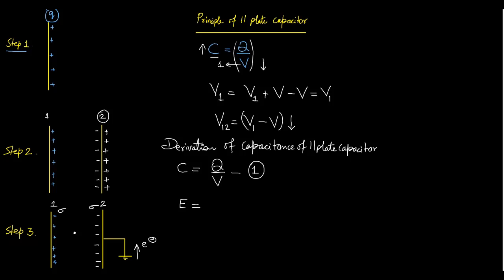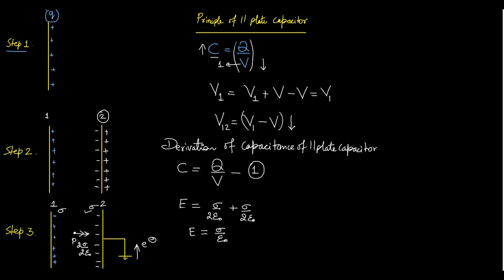Because of the positive plate, the field at point P, away from the plate, is sigma upon 2 epsilon naught. Because of the negative plate, the direction of the field will be towards the negative charge and the magnitude will be the same, sigma upon 2 epsilon naught. It means the electric field produced at point P because of the positive and negative charge is in the same direction, so the total field is